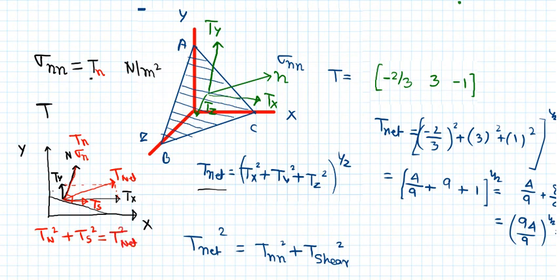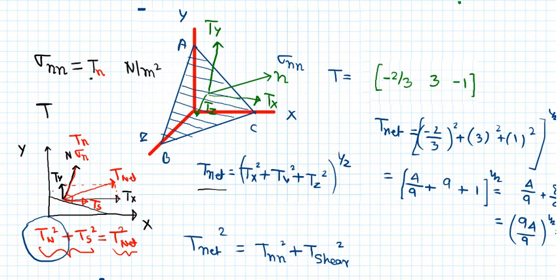So here you are considering two different coordinate systems, and you have evaluated the stresses in two different systems. One is the Tx, Ty coordinate system, means x and y coordinate system. Another is the Tn and Ts coordinate system. So now in the Tn and Ts coordinate system, the net force will remain the same. So you will get the same value. But here this value Tn which we have calculated is the known one.